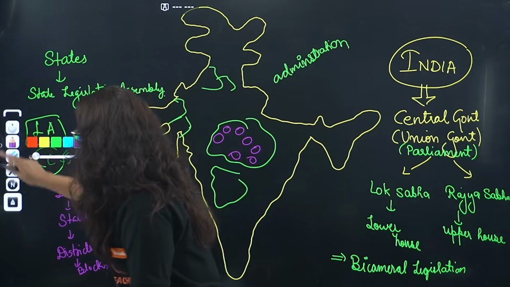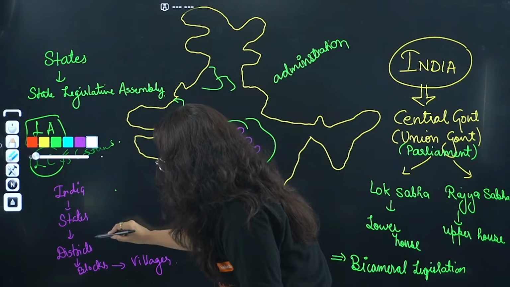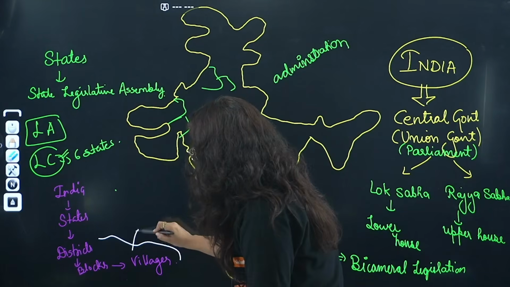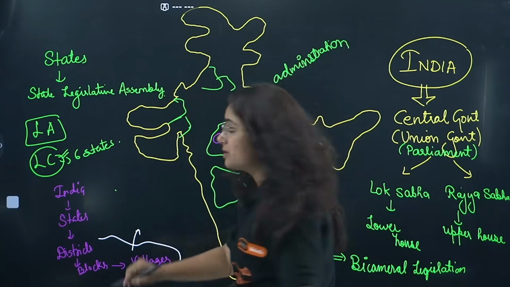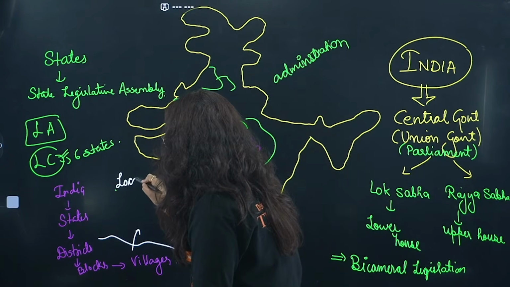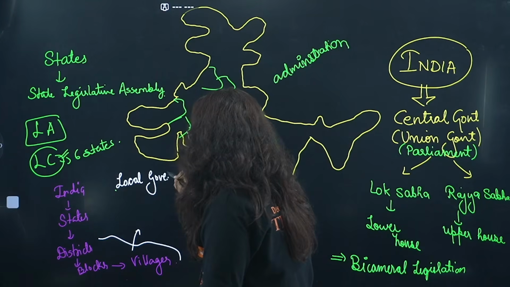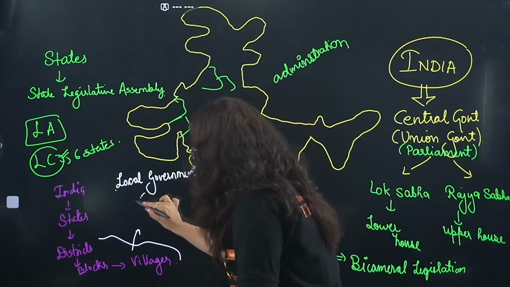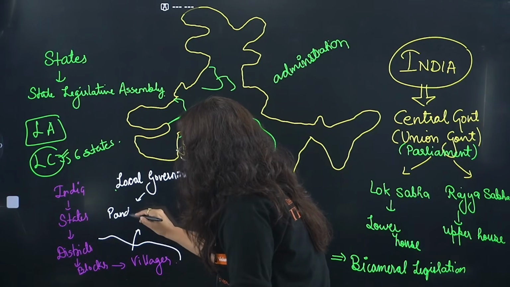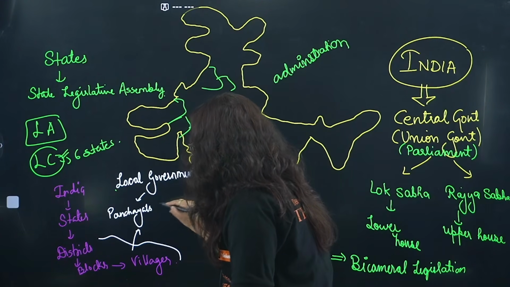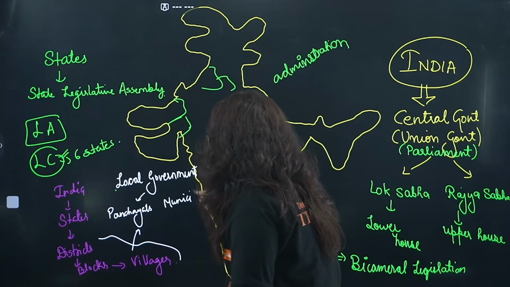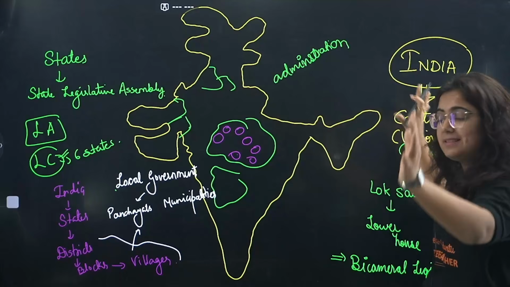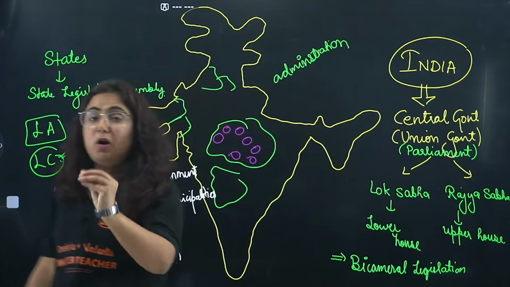Now these three administrative units, that is districts, blocks and villages, are basically administered by the third level of government, that is known as local government in India. In the local government, we have panchayats and municipalities. Now what I wanted to show you from this particular image of India is the bodies for which